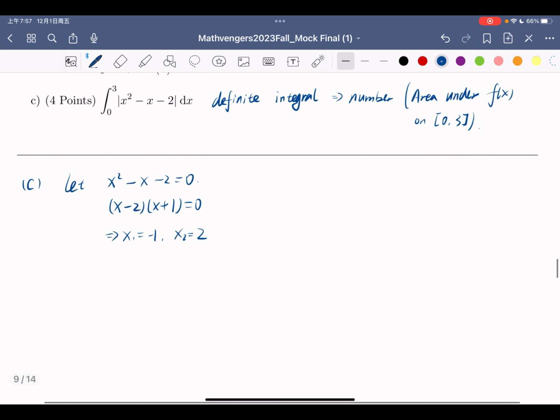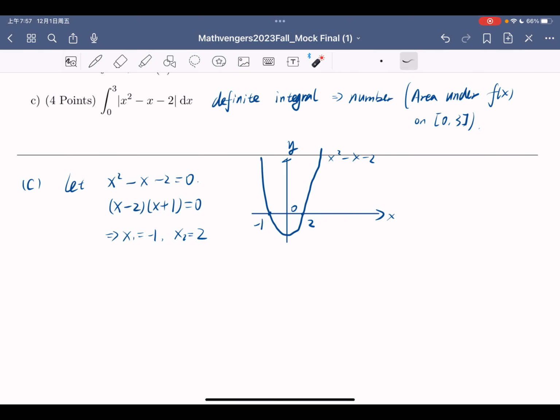Okay, which means this function is actually a quadratic function. So the graph should look like this. Okay, this is x squared minus x minus 2. Here is 2, and here is -1. But we need to figure out the absolute value of this function. So this graph should be,